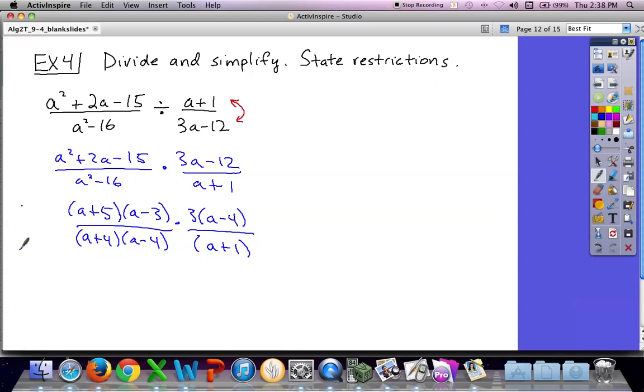Okay, remember what we said, where are we going to look for the zeros so that we know our restrictions? It's not the same as when you multiply. Okay? You're going to look, let me get it in red. You're going to look here, because that's a denominator, right? I mean, the original denominator was actually the 3a minus 12, so you've got to look there, right? But it's hard to see in this, we would have to look here, here, and